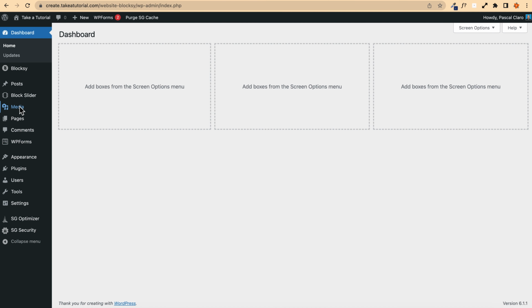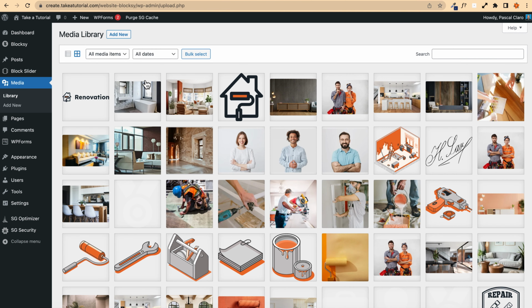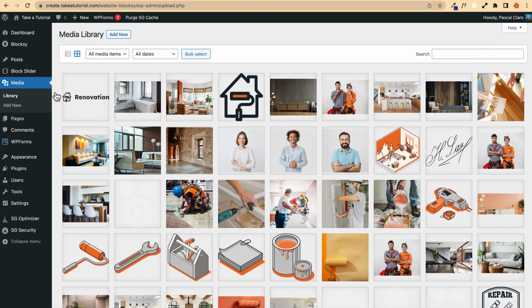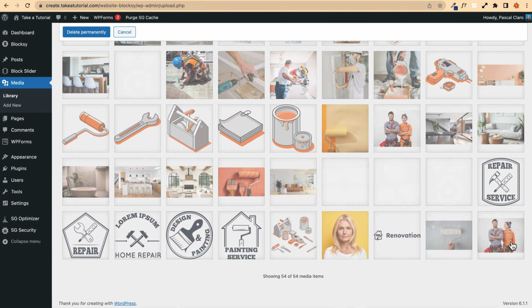So let's go on Media now. If you want, you can click on Library, and there is a thing you can do if you want to start completely from a clean point of view, and by letting you use only the design of your website without the images. If you want to do so, you can just go on the Media Library, and you can click on Bulk Select. Now you can click the first one and you can scroll down. Okay, you go to the last one, and while you are pressing the Shift button of your keyboard, you click